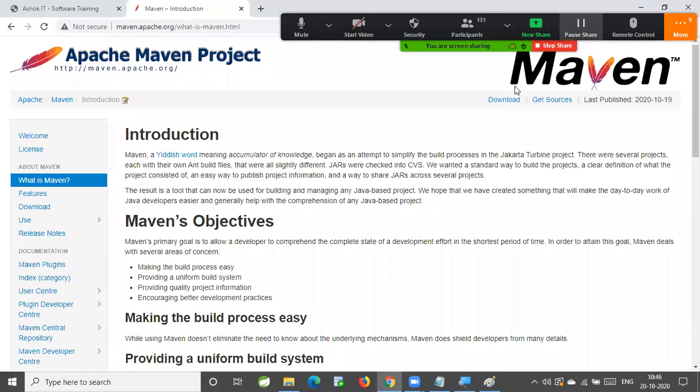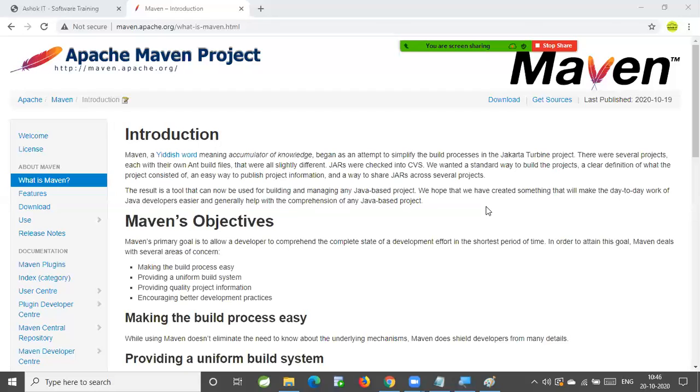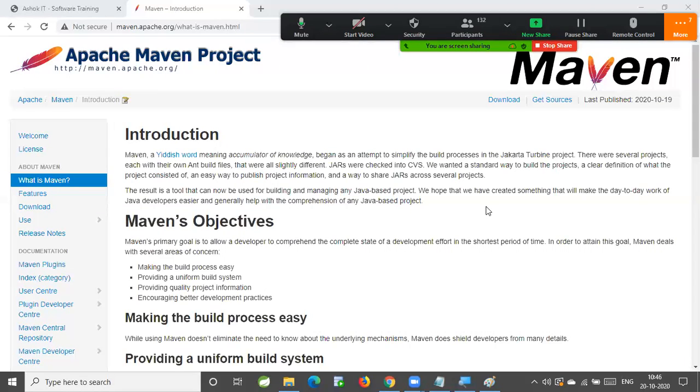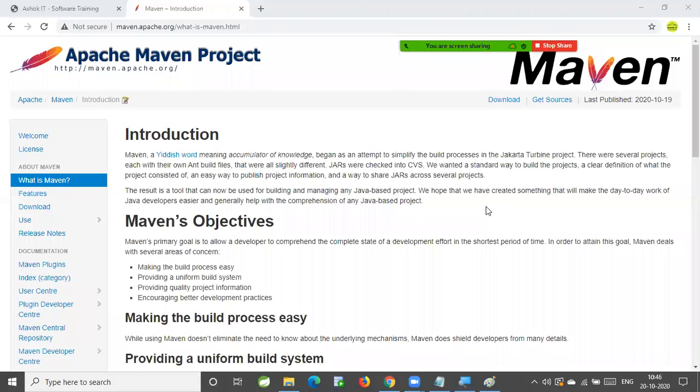Maven is a build automation tool that was started in the Apache organization as part of the Jakarta Turbine project. When they were developing the Jakarta Turbine project, several other projects were also available with the same build files. Then they thought of keeping all the jars in one location. That became a super hit. They named it Maven.